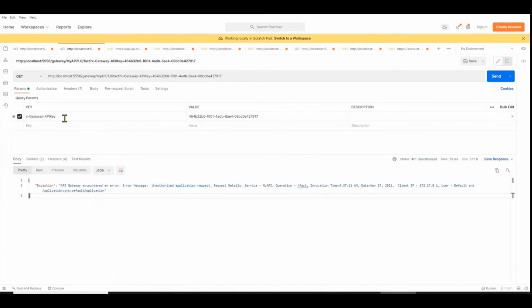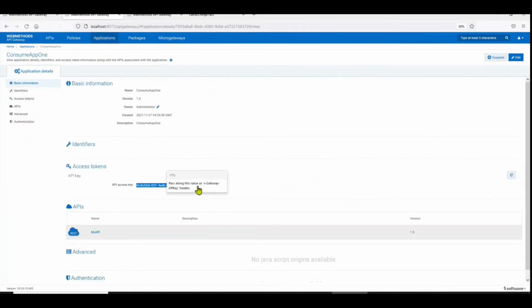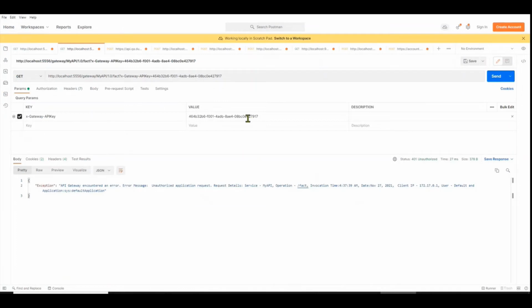Now once you set this key and the value and send the request, still unauthorized. Let me see if I got the header name incorrect. Go back to the gateway. It's called X-Gateway-API-Key. We copied the key correctly. Go back to Postman.